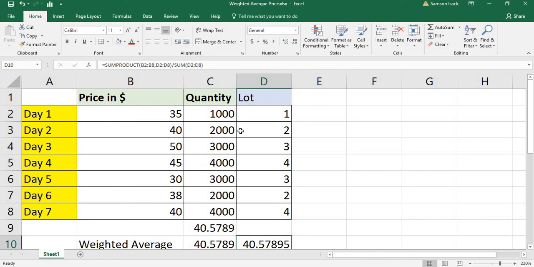Share trades mostly come in lots. It could be 1000 shares or 100 shares or 10 shares, whatever you call a lot, then you can use this example to calculate the weighted average